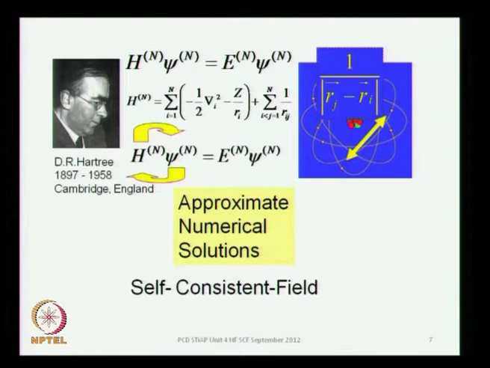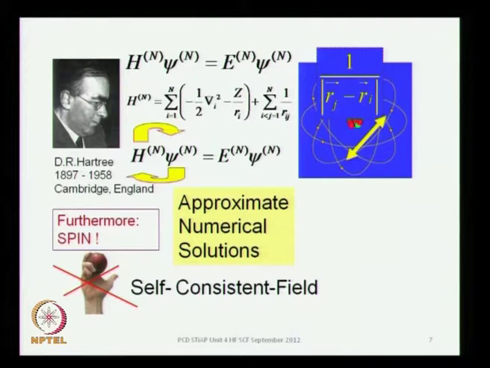So, these solutions can be obtained numerically by carrying out this iterative process, and this was a technique which was developed by Dr. Hartree at Cambridge, and initially Hartree did not take into account the electron spin, but then there is this spin which we know has to be taken into account, and then the formalism of self consistency which was developed inclusive of the electron spin is what we call the Hartree-Fock formalism. That is something to which Vladimir Fock contributed significantly. So, that is the overall technique of Hartree-Fock, and I will